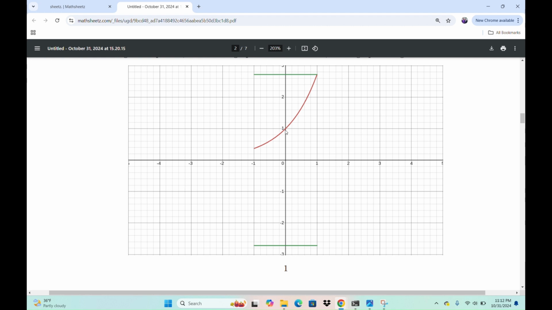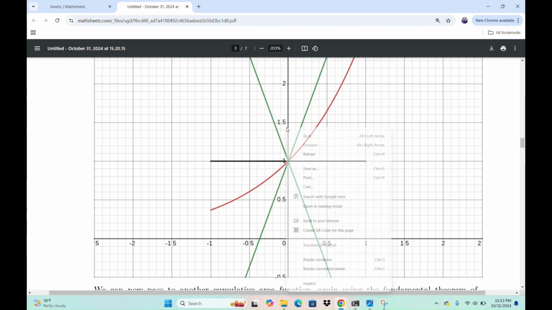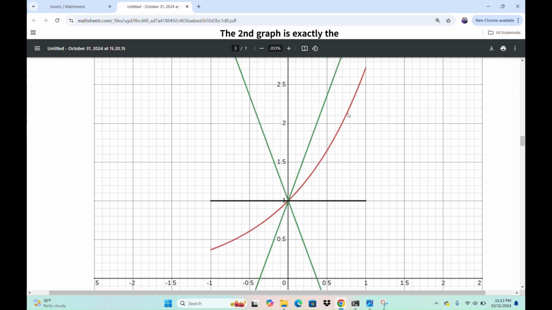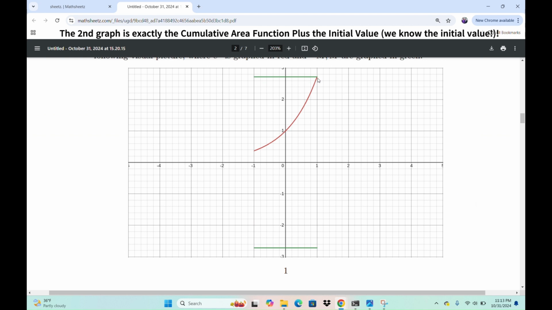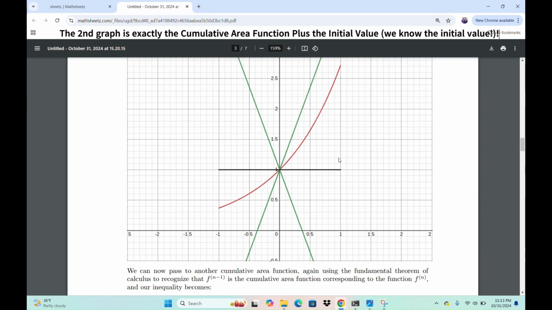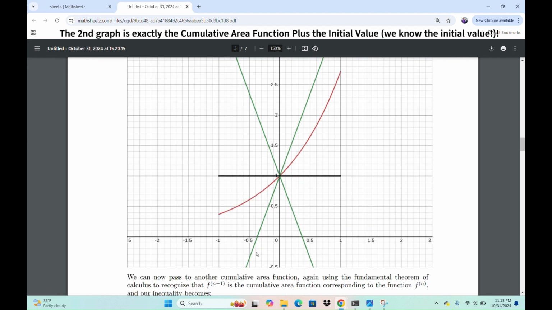And the point here is that the cumulative area function of e to the x looks like itself. So we're kind of deceiving you here, but when I pass to the cumulative area function of e to the x, I get back itself, okay? Now when I pass to the cumulative area function of these error bars, which are flat lines, the cumulative area function underneath them grows linearly, and it's a line with slope given by the height of this bound. So I produce a cone by integrating the bounds that I know. I produce a cone which bounds my error in my first order approximation.